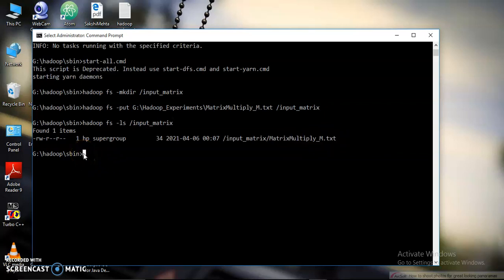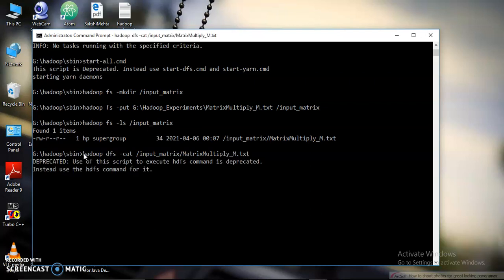Let me show you the content of this file also. This file basically contains the matrix values corresponding to one matrix.